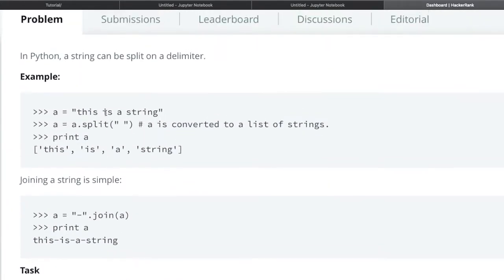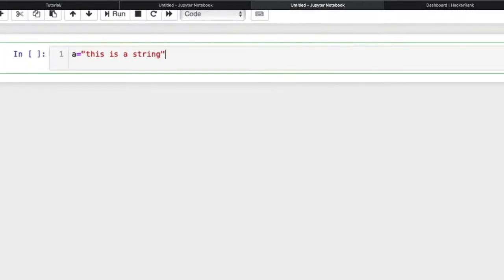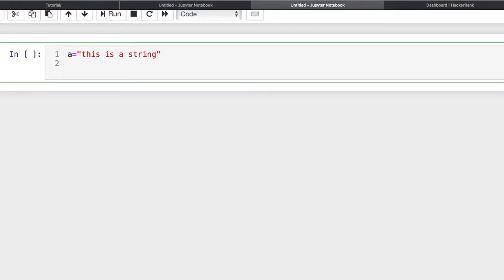So let me explain this in my editor first, then we will write the code. Let me paste it here in the variable a. Now the very first thing is we have to split this given string. Suppose we apply the split function on this string, a dot split.